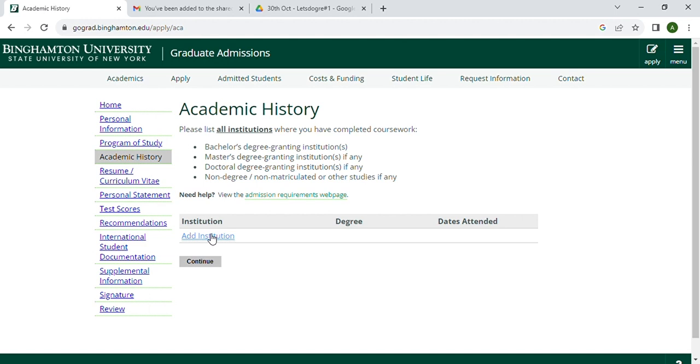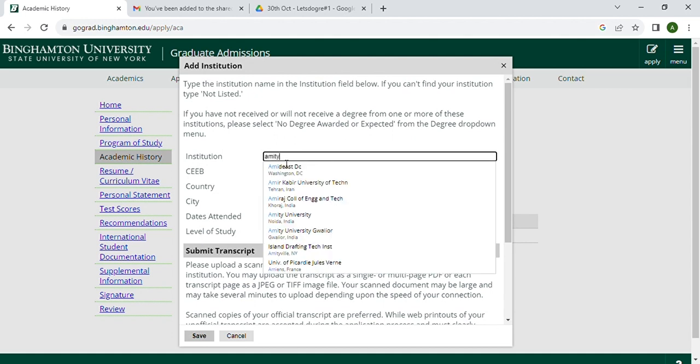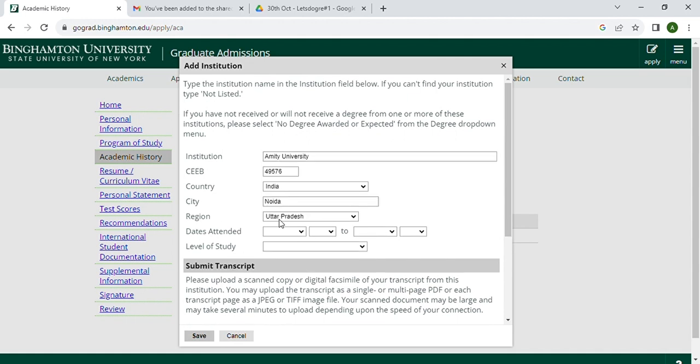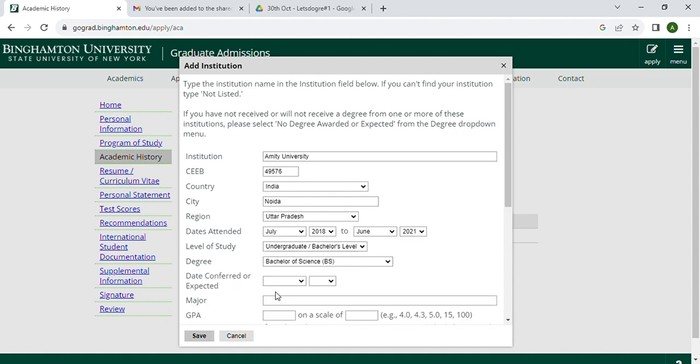Here you need to add the details of your BSc as well as MSc. So click on add institution, enter the name of the institution, select the month and the year when you have started this program, month and the year when you have completed it, level of study undergraduate, degree Bachelor's of Science, month and the year when you have received the degree,